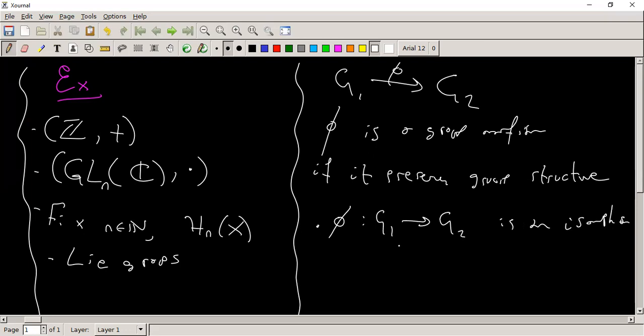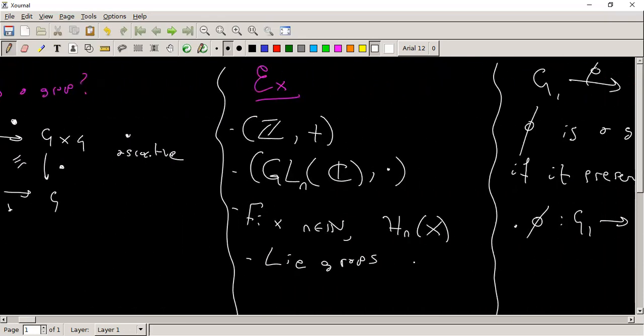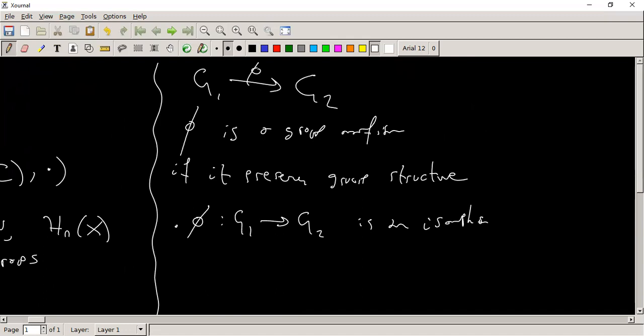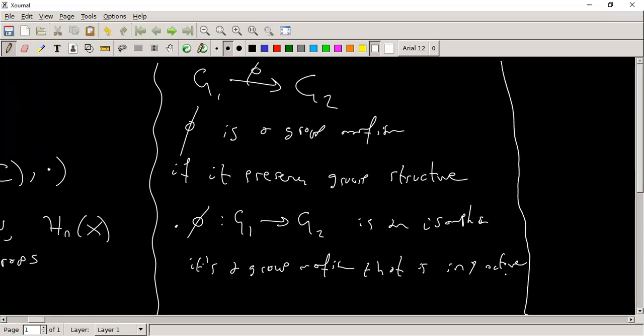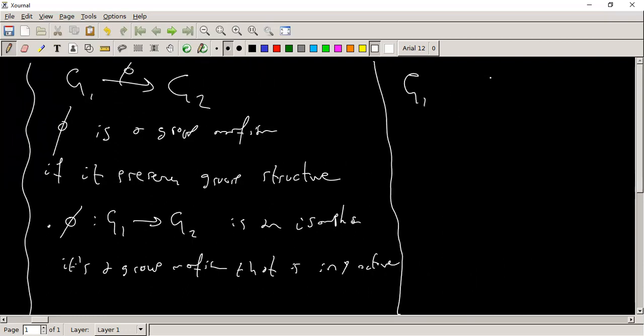Well, I'm going to use a very standard notation used by Bernstein. We'll say that a morphism is an isomorphism if it's a group morphism that is injective. Some people call these monomorphisms. I really like Bernstein's notation, and I refer to these as isomorphisms. We'll say that two groups, G1 and G2, are isomorphic